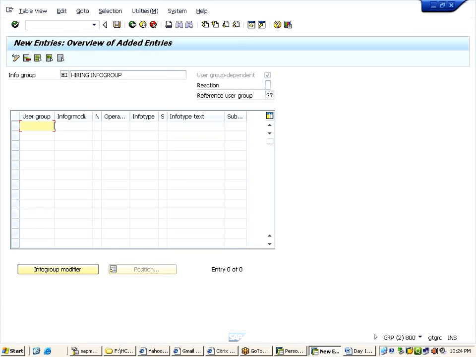And then here you need to give the serial number. Why? Because I said while hiring you might have so many details to be taken. For one detail we are calling one info type. Now which info type to be called first, which info type to be called second, you need to tell the system. How? I put here 1